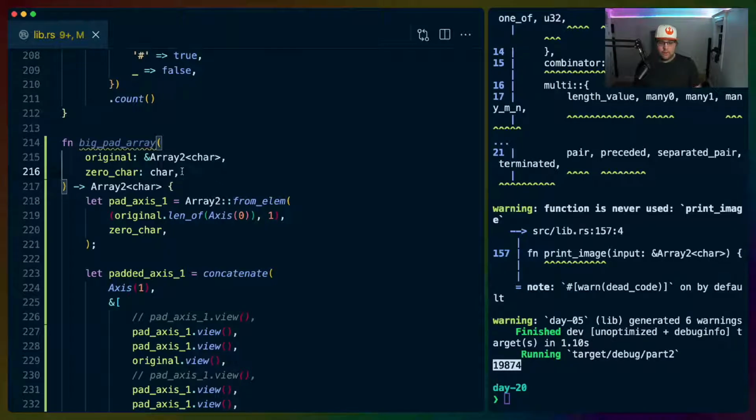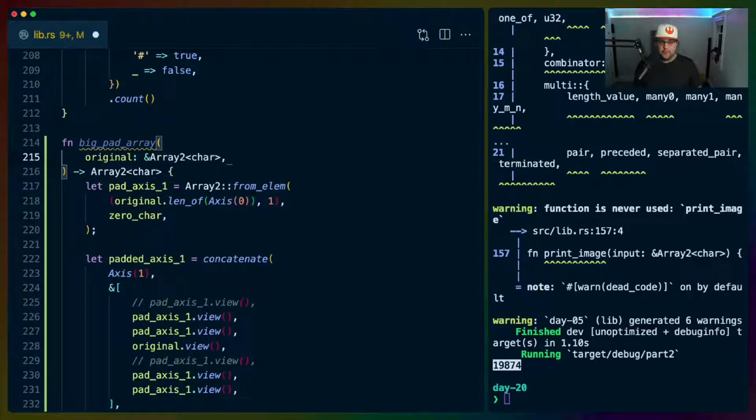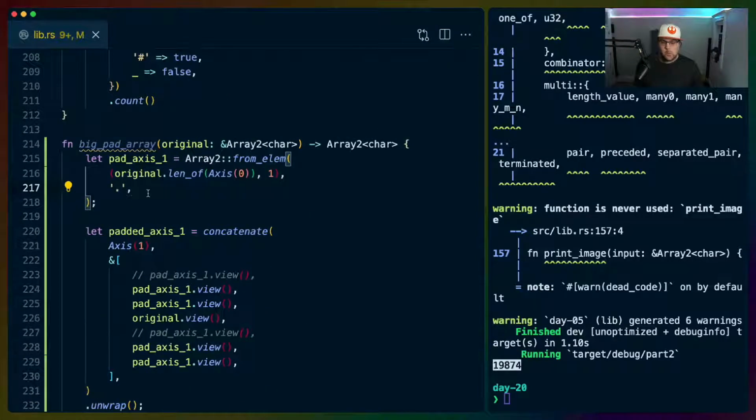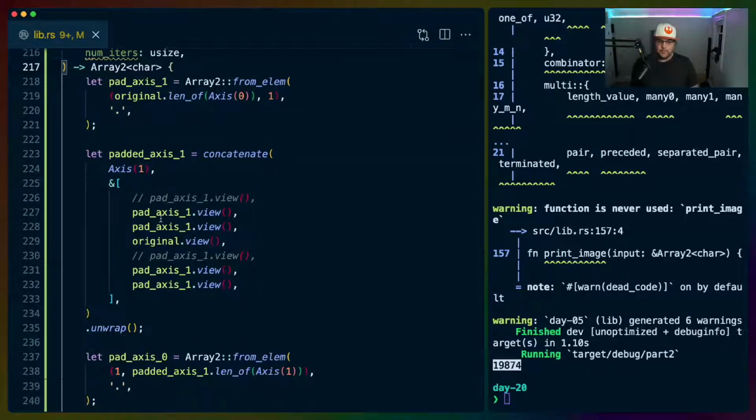And we need the 0 car, actually we don't need the 0 car, do we? Because it'll always be dot in this scenario if we do the full thing. So this is the original length, and then we do num iters as a usize, and we do